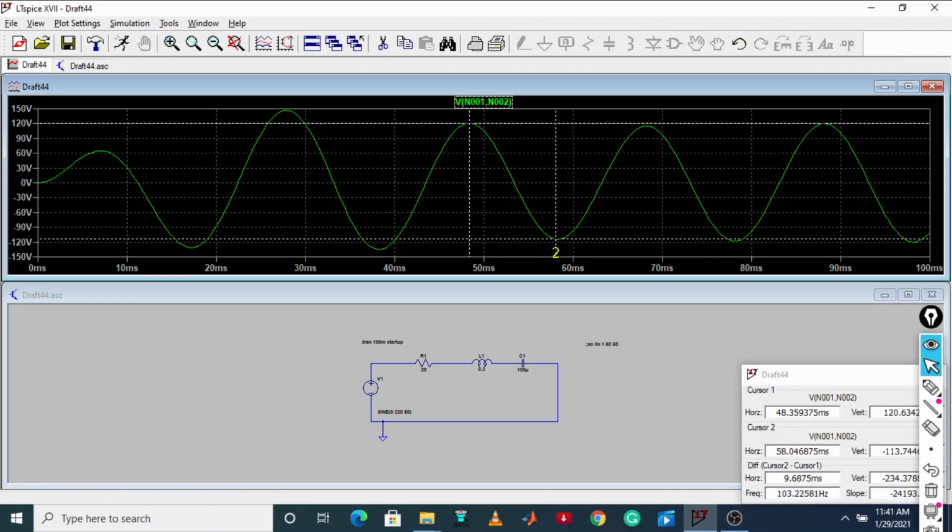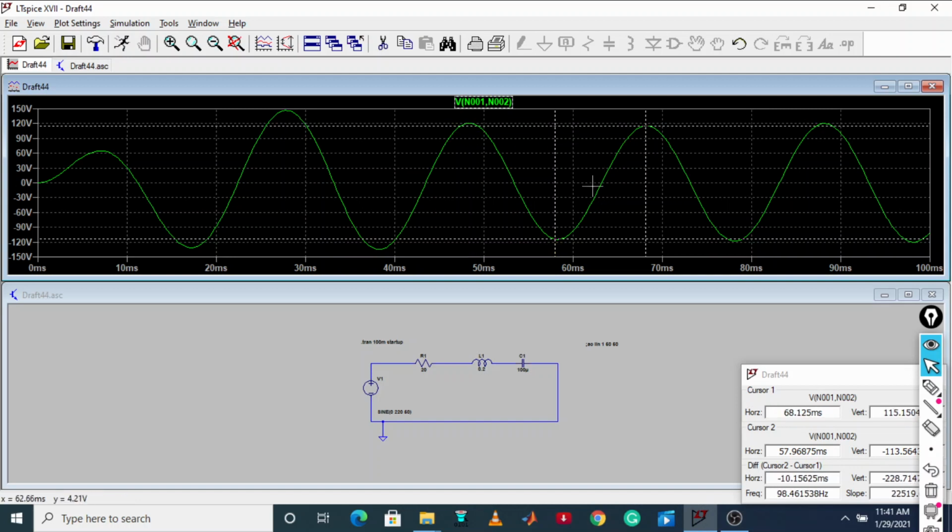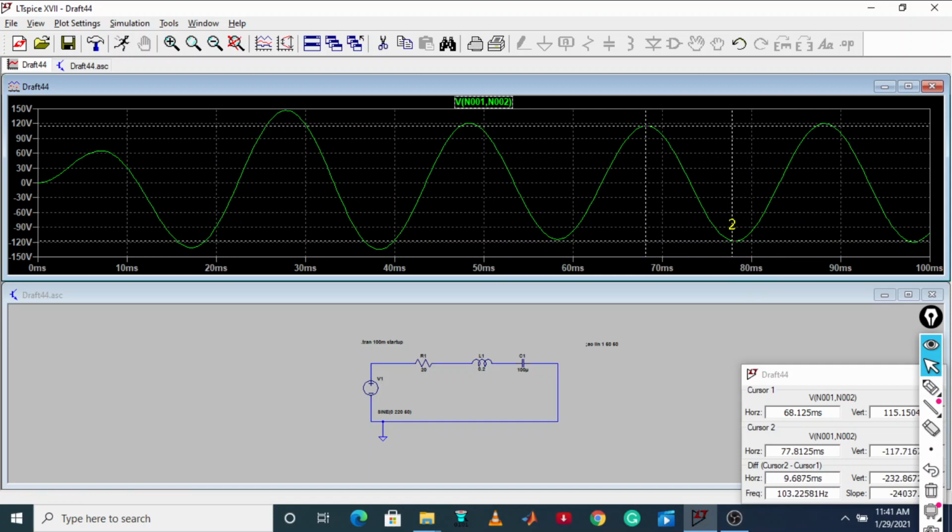If you click twice, the maximum to maximum is going to come around 234. This is the maximum voltage across the resistance, and this is your minimum. See, the minus is coming. If you keep cursor here and put your other cursor here, that will also give you around 2 minus 230. So the maximum value is around 120 volt.